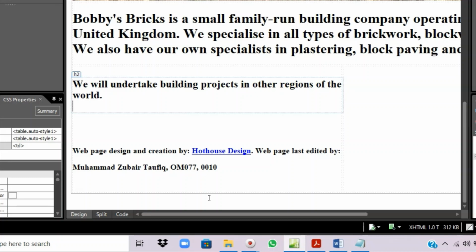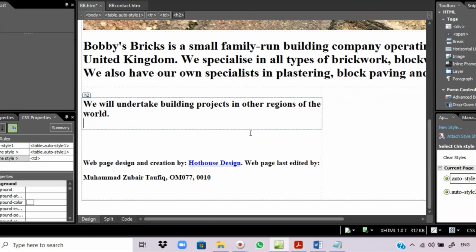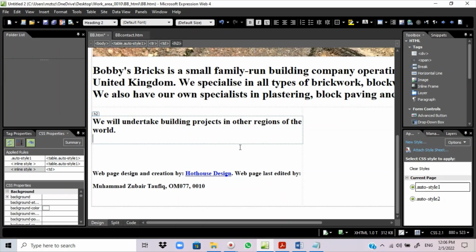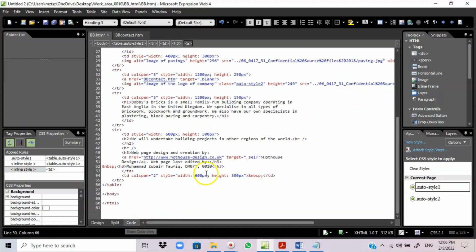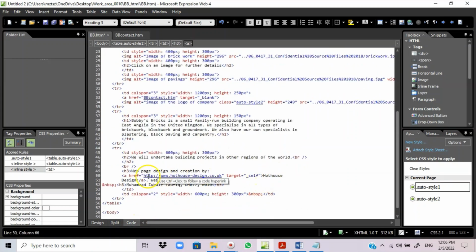The next task is, just let me see it out. Now I click on that and I click on the code. Here you can see that the hyperlink href is done. Now the next is